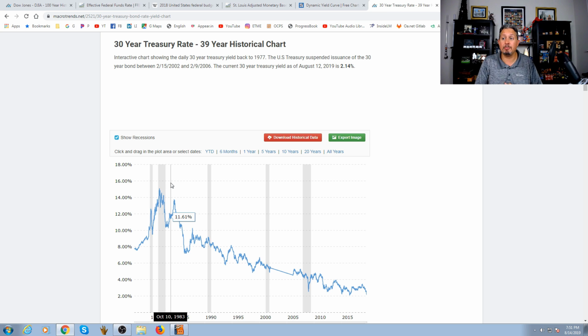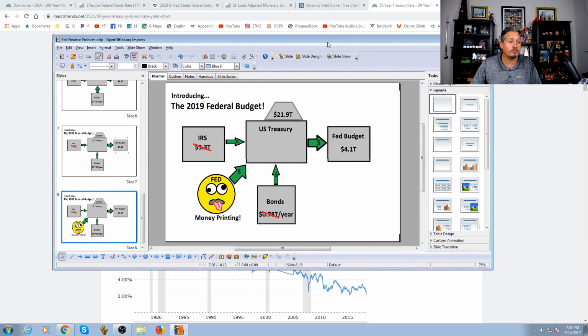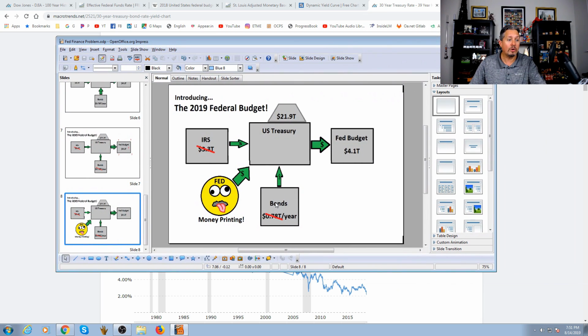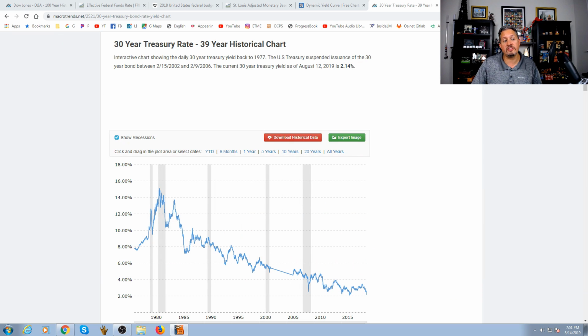At some point, people are just going to say, hey, you know what? No, thank you. When bonds go all the way down to zero and you don't make any money, you're not going to give your money to the government. But if you don't give your money to the government, you still have this crazy problem from before where they don't have enough money from the IRS, so they have to sell bonds, and that means money printing. That's pretty much the only choice that they have left. That's what they're going to do. So those are the problems that are coming in.